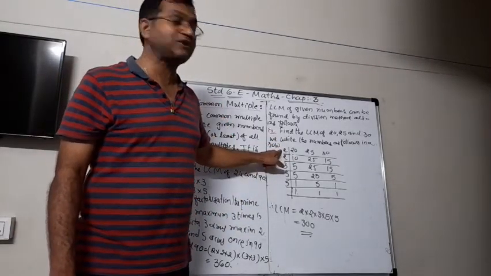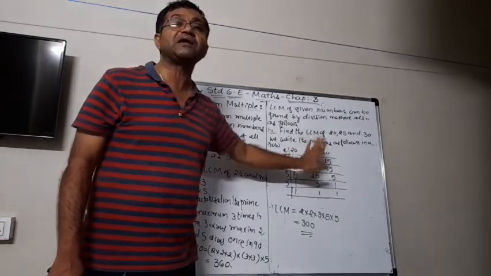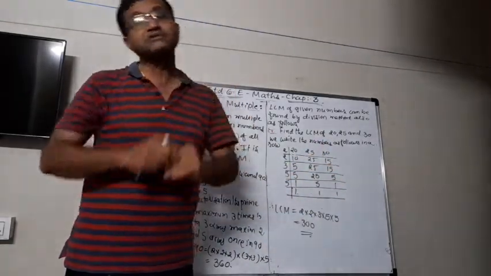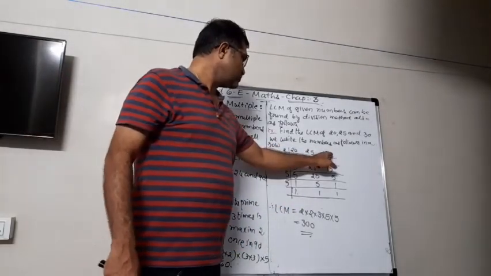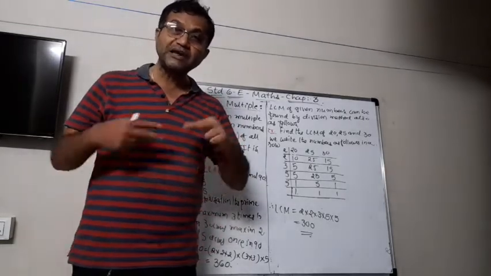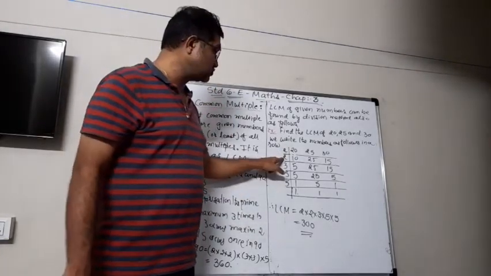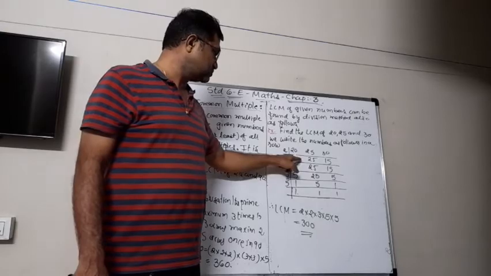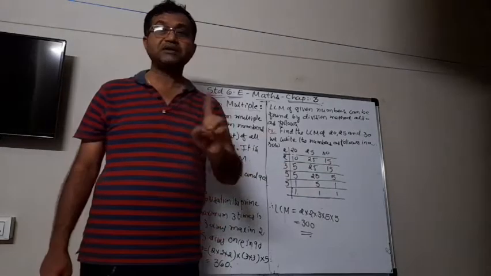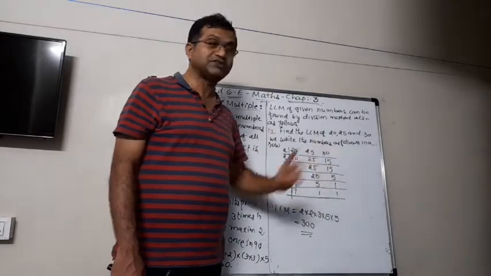If you divide 20 by 2, you get 10. You can't divide 25 by 2, so 25 will be written as it is. Don't do anything for 25 because it is not divisible by 2. 30 is divisible by 2, so if you divide 30 by 2, you get 15. Now check again. You can see that 10 is still divisible by 2, so we write down the factor 2 here. Divide 10 by 2, you get 5. But 25 and 15 are not divisible by 2, so we write them as it is.